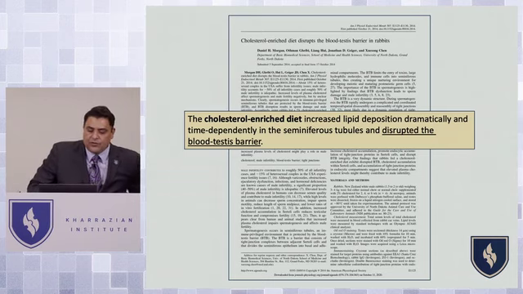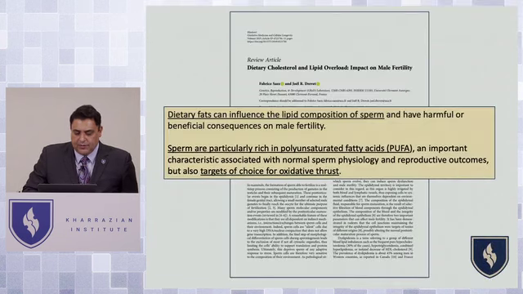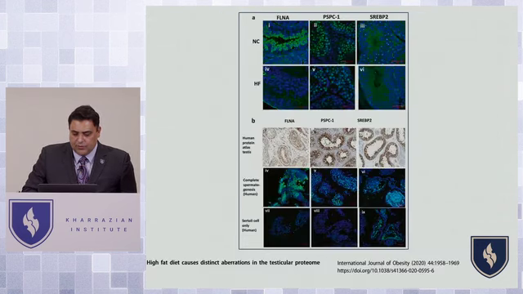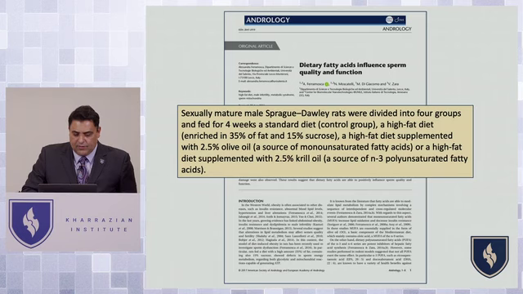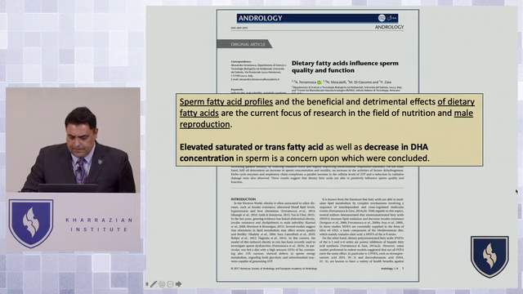And then cholesterol, fatty, processed foods basically disrupt the blood-testicular barrier. Unhealthy fats can be harmful. Polyunsaturated fatty acids can be very beneficial to sperm production. And then there are more of these studies listed in your notes on how important essential fatty acids are and how negative trans fats are. So the key thing when you look at sperm is they have to get rid of